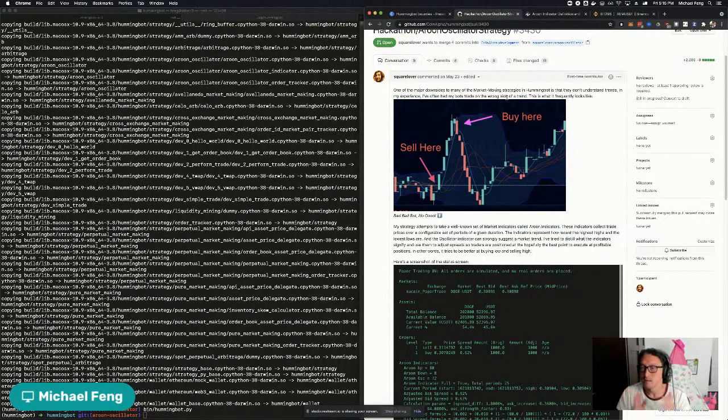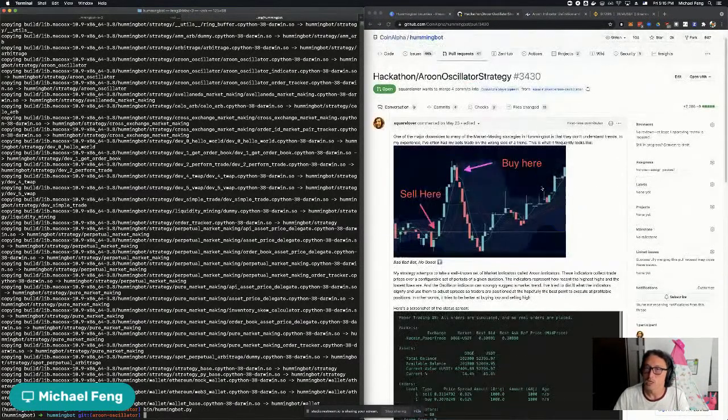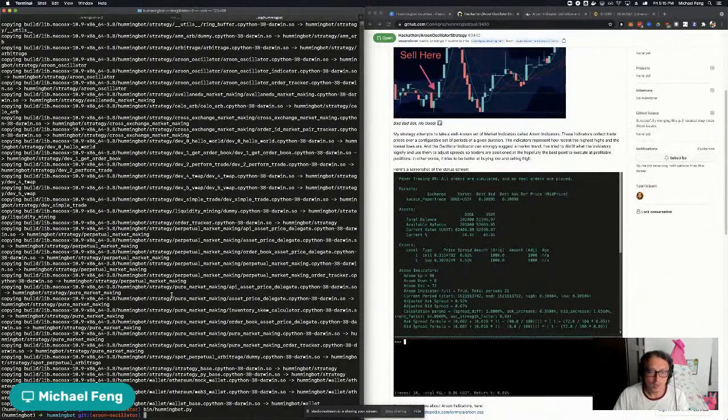and now that we're starting to collect some data in memory, mostly price and volume data, we can expose that to this indicator class, and the indicator class would allow developers to import that and use it to adjust their strategy in various ways. So we'll be announcing more news on that later on. But for now, I think this Aroon indicator strategy could be an interesting one for users to try. So what I've done here is